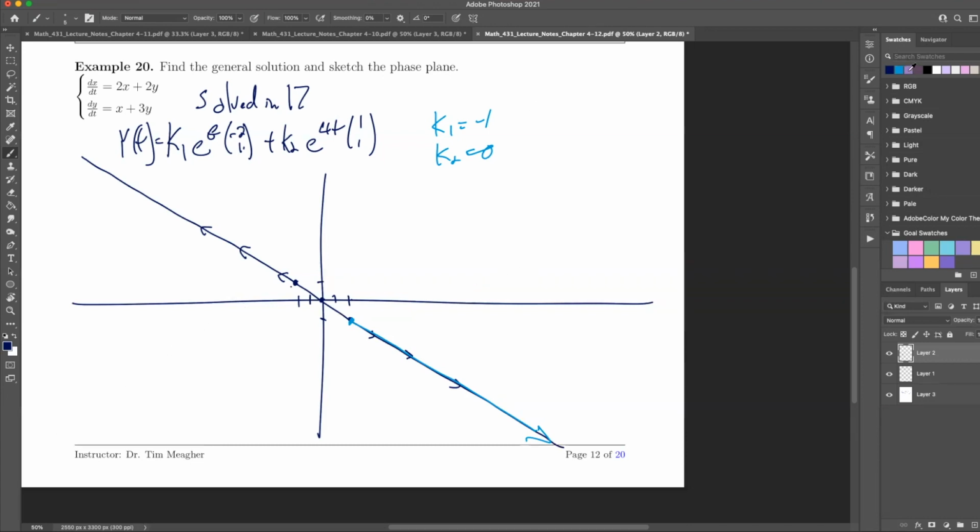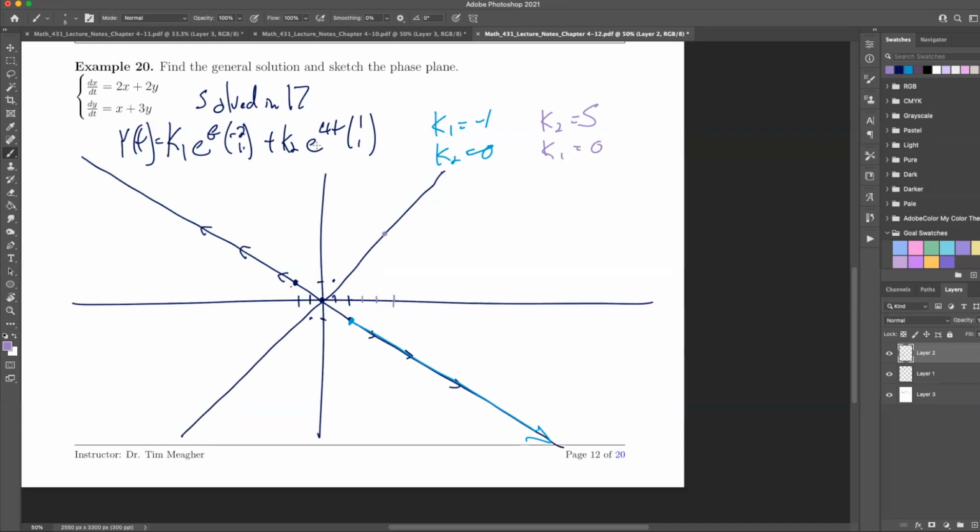So let's do another solution. Let's do another front. Let me do it in blue. So here we have 1 and 1. So 1 and 1 would be here, and then this will just kind of go exactly even this way, right? And let's pretend we have another solution here. Let's pretend I had k2 equal to 5 and k1 equal to 0. Well, in that case, I'd be over at 1, 2, 3, 4, 5. And